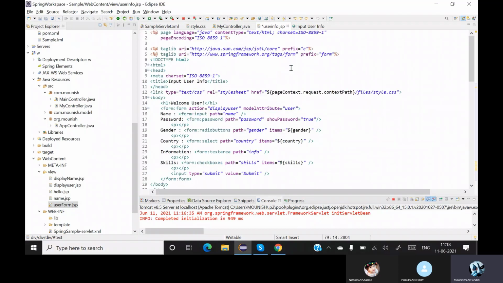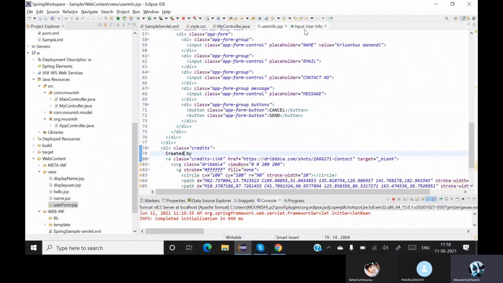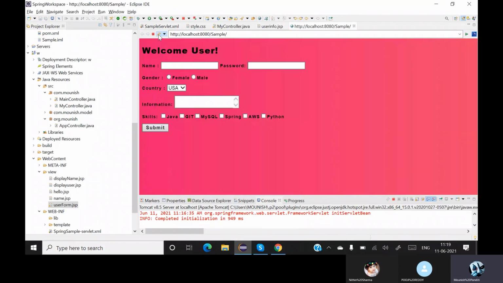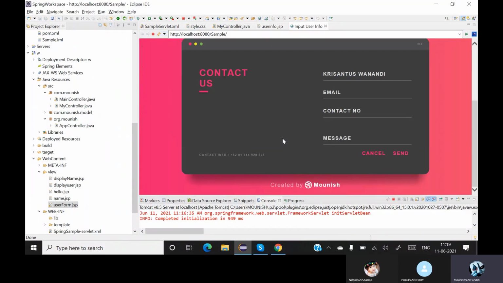Okay, forget about the warnings and all, no need to worry about all those things. Save this, go back over here, refresh this. So you are getting a contact form, but this contact form and this thing are not correct. Whatever we changed, it is there. It became created and it became Monish. So whatever those things we did, that part is clear.